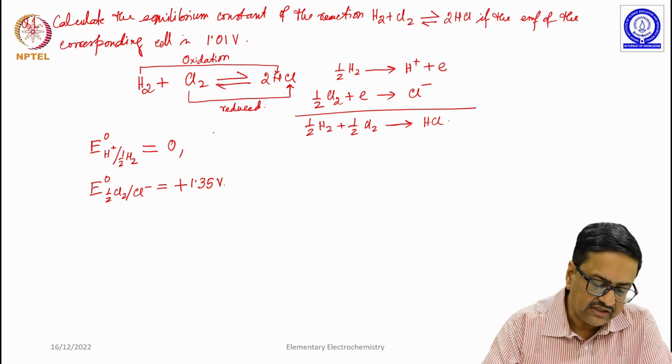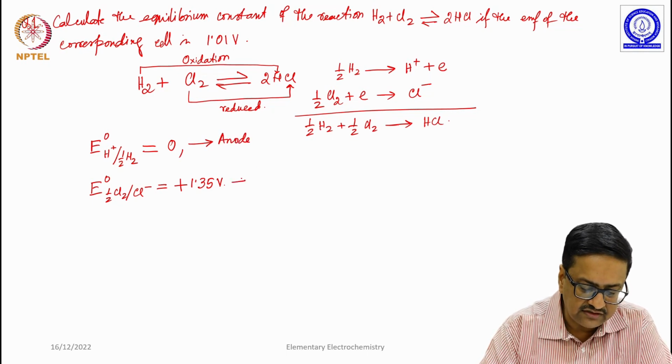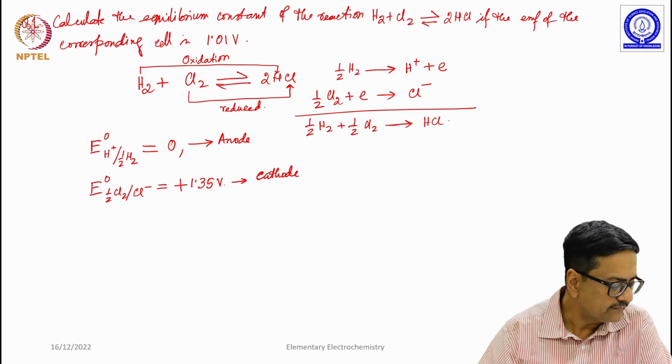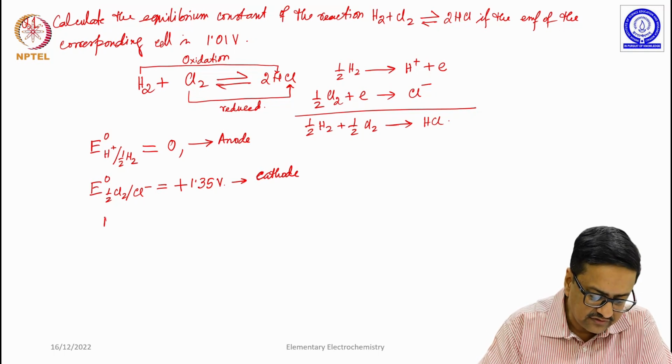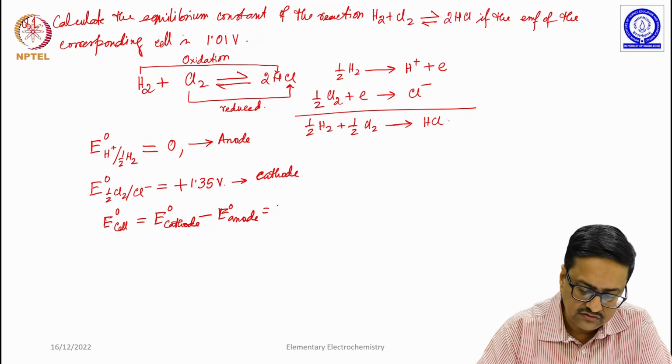So, here this electrode is used as the anode and this electrode is used as the cathode, right. So, E0 cell is nothing but E0 cathode minus E0 anode,